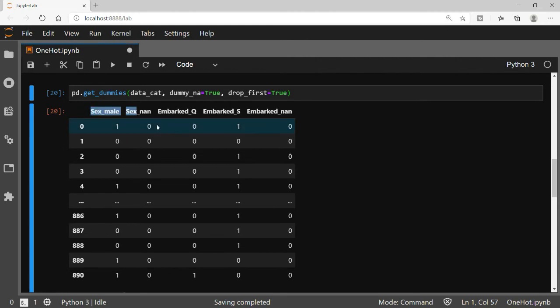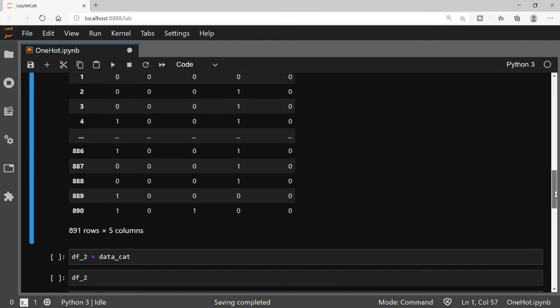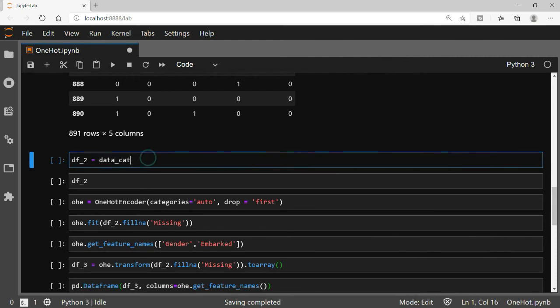Similarly for embarked, it has created a new column. Okay, so let us say this first record is a male. It has created this nan for that, and here it has created a nan for this also.